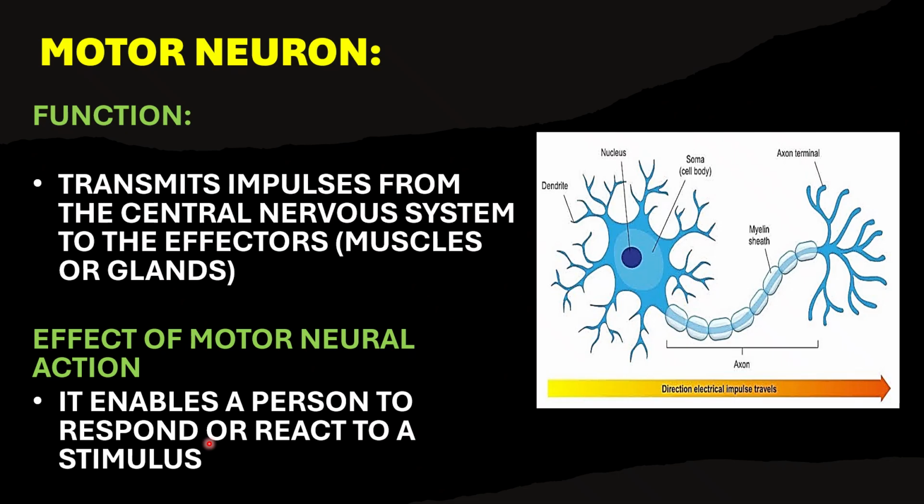Anything that involves movement is carried out by this neuron. In fact, the word motor means movement. So this is a neuron in charge of movement. It allows you to move, to act. And hence, what will be the consequence